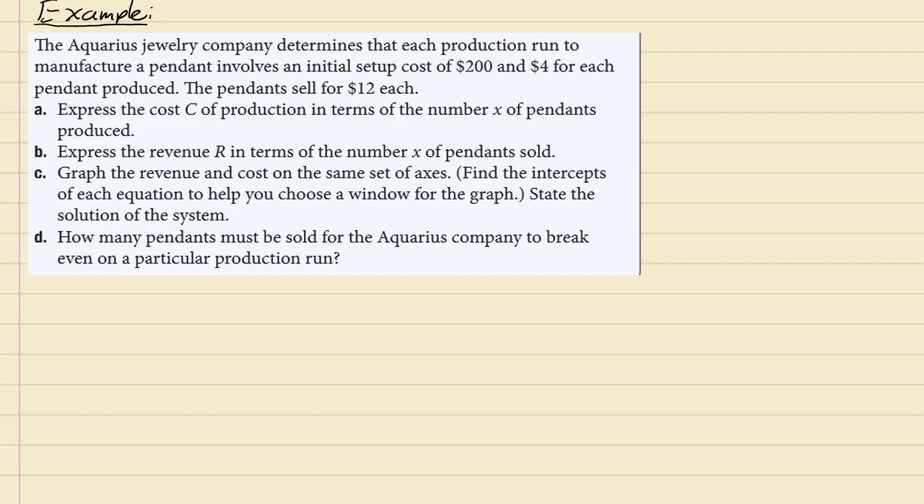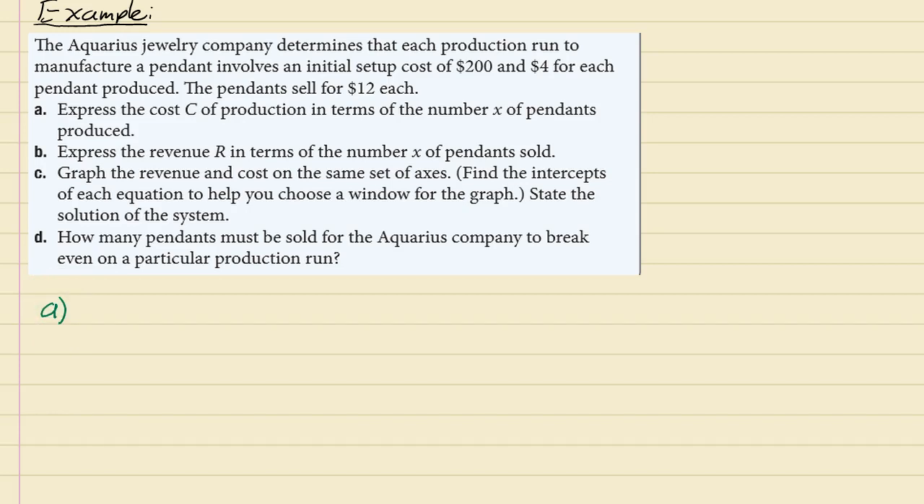Okay, so anyways, the jewelry company has information about the cost, and the cost includes $200 for setup. So you're going to have to pay that $200 even if you produce zero pendants. But then the $4 is like the materials that it costs to make for each pendant. And they sell for $12 each. So when they sell for $12, that's the revenue that the jewelry company makes. So for part A here,